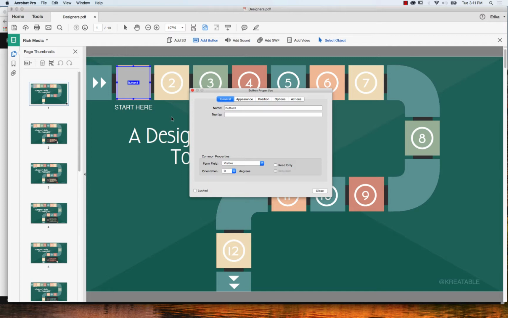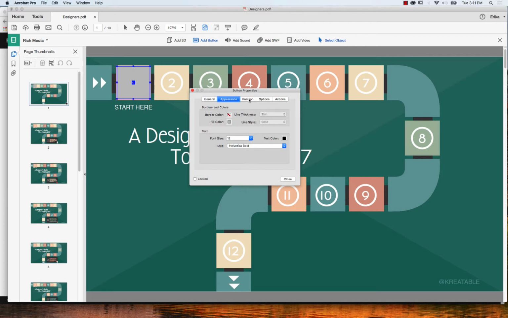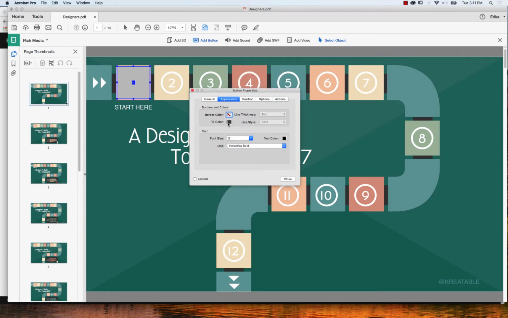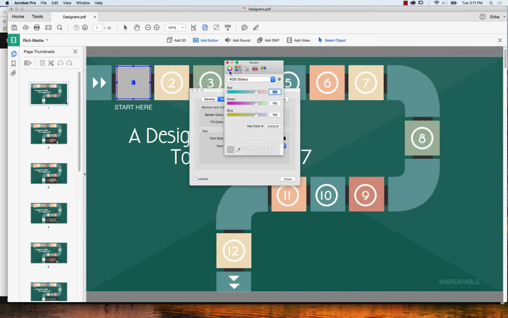So with this button tool, we have this open. I'm big on naming things, so I just get rid of this and I call it 1. Makes it easier. Go under Appearance. Now, it's got a fill, and we want it to be none. Remember what we said the symbol was? So go under, you're okay with border. That one's already set. We want to go to fill and change that to be,